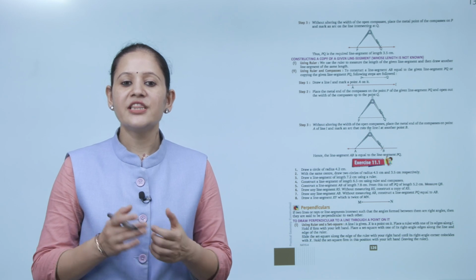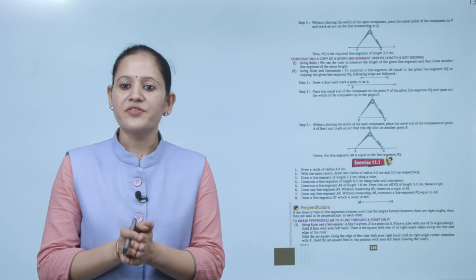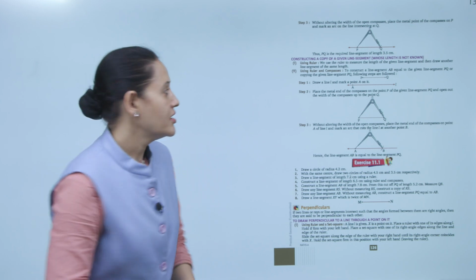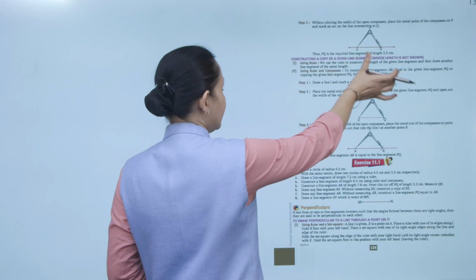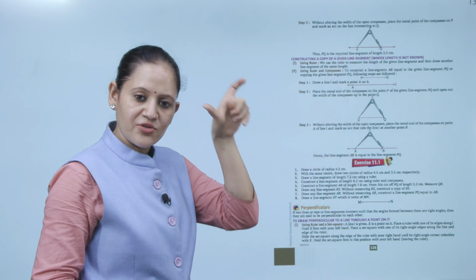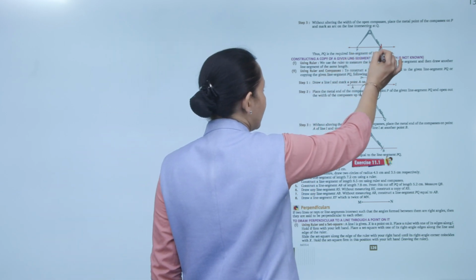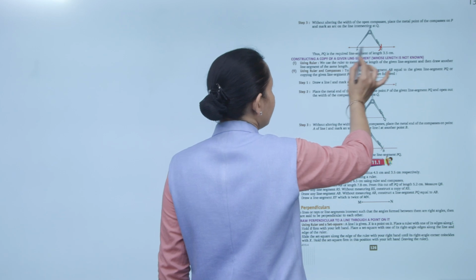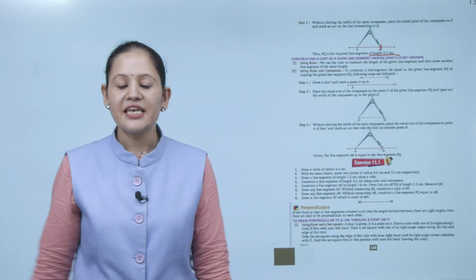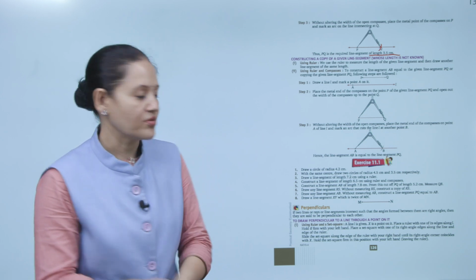And now, without altering the width of the open compasses, place the metal point of the compass on P and mark the arc at the line intersection Q. So, then we will take the compass and, without disturbing the width between them, we will place it on P and make one arc, that is point Q. PQ is the line segment of desired length 3.5 cm. Clear? Next is construction or copy of given line segment whose length is not known.